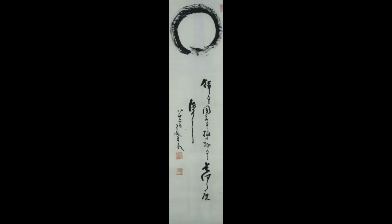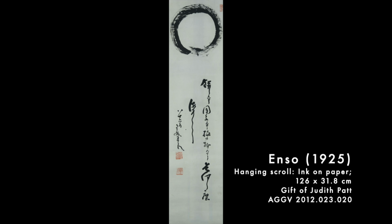I'm going to ask you to have a look. What do you see? What do you notice about the artwork? Did you notice the calligraphy? In Japanese culture, calligraphy is regarded as a form of art, and artists are required to master calligraphy before they can paint. And for Nantenbo, calligraphy and painting were a form of Zen practice,